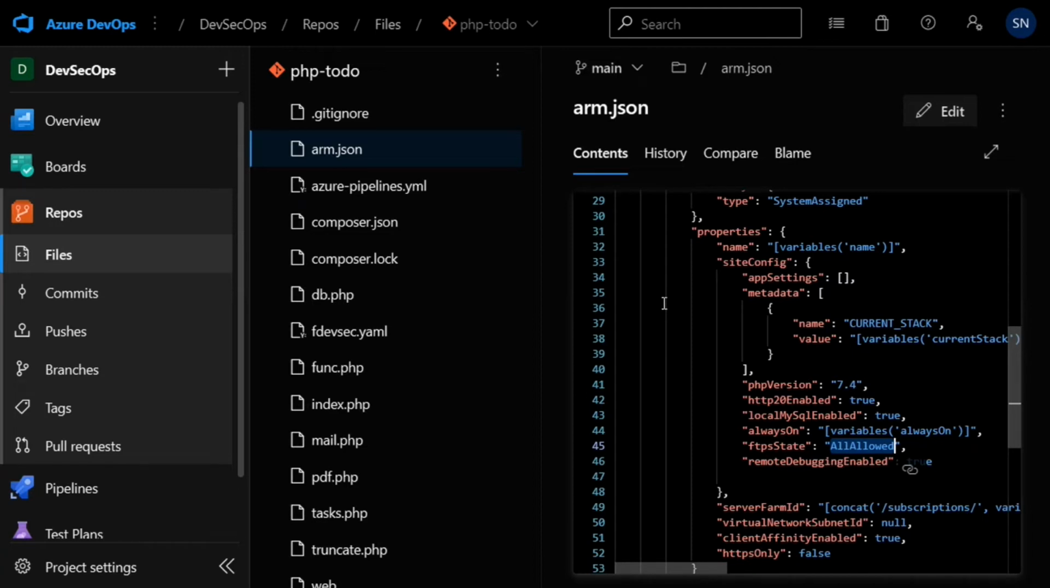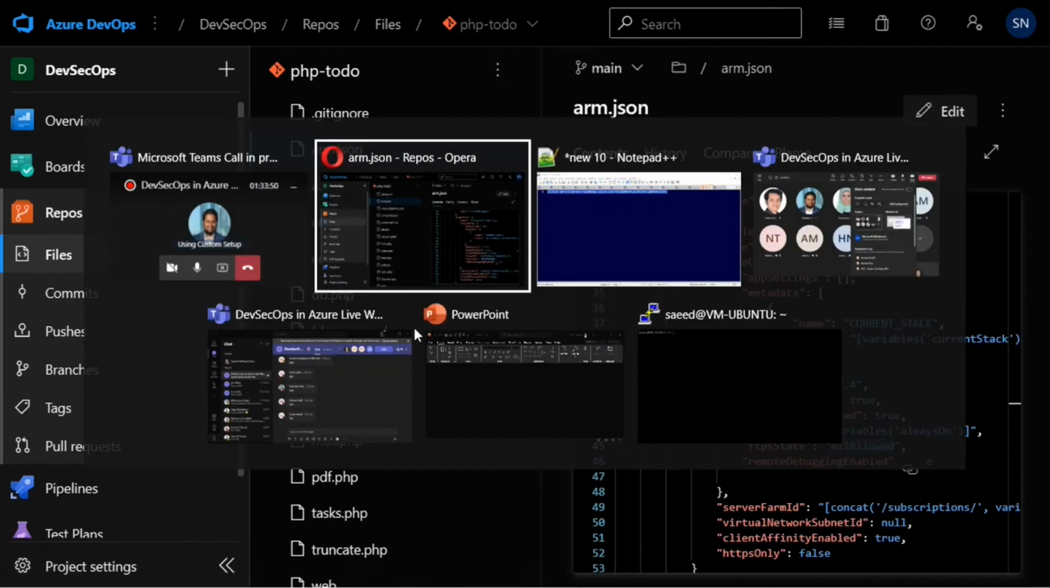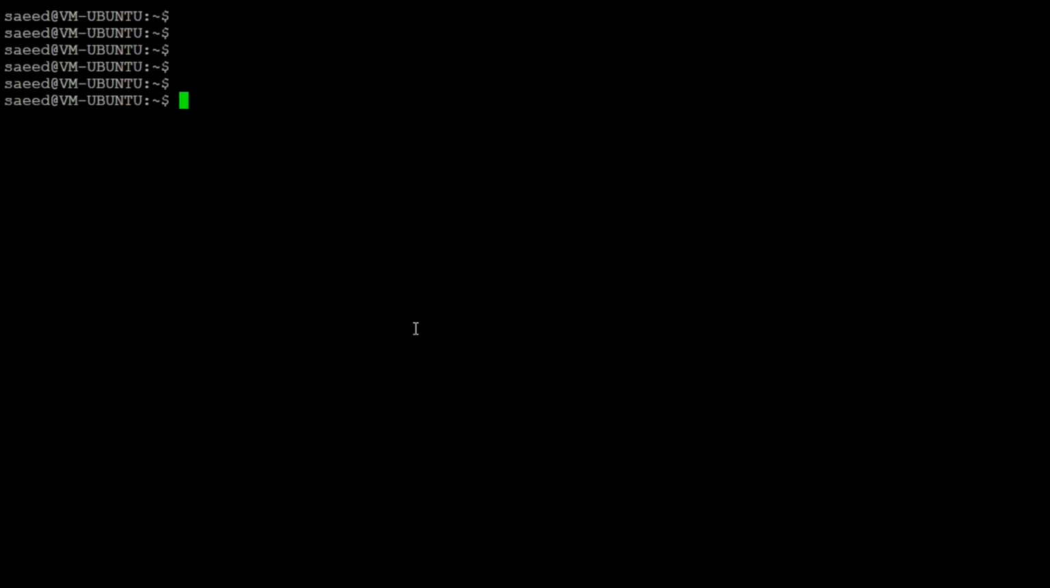So we need to scan this template first to see what security best practices are missing here. Now, because the main focus of this demo is FortiDevSec, and because FortiDevSec right now doesn't really support scanning infrastructure as code templates, briefly I will just demonstrate the idea to you with another tool called Snyk. Now, this tool, you can actually run from the command line. So suppose that I